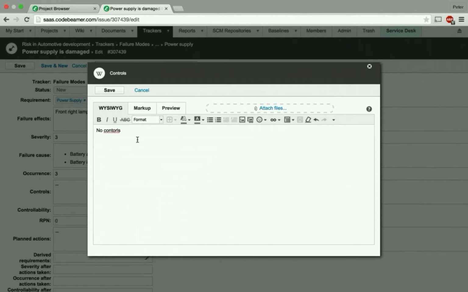No controls currently, driver will detect weak or